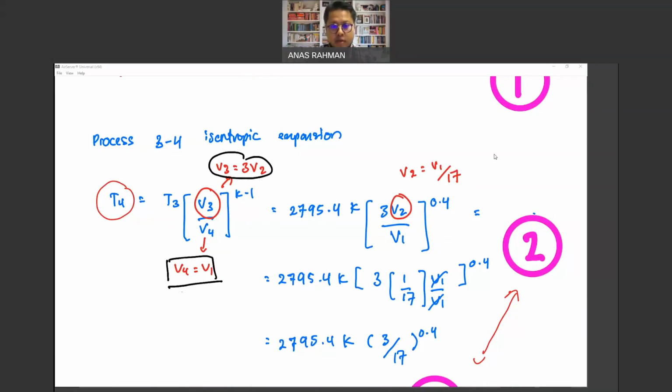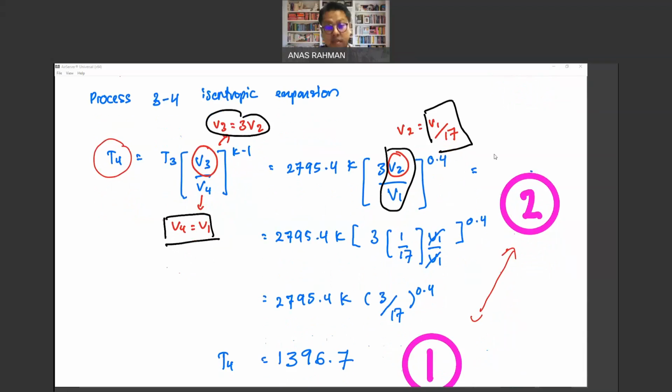So if you substitute that in this equation, what you'll have is V2 divided by V1. And we know that V2 is equal to V1 divided by 17. So if you simplify, what you'll get is just 3 multiplied by 1 over 17. So that's why I give 3 marks over here for students who really understand the process or the simplifications based